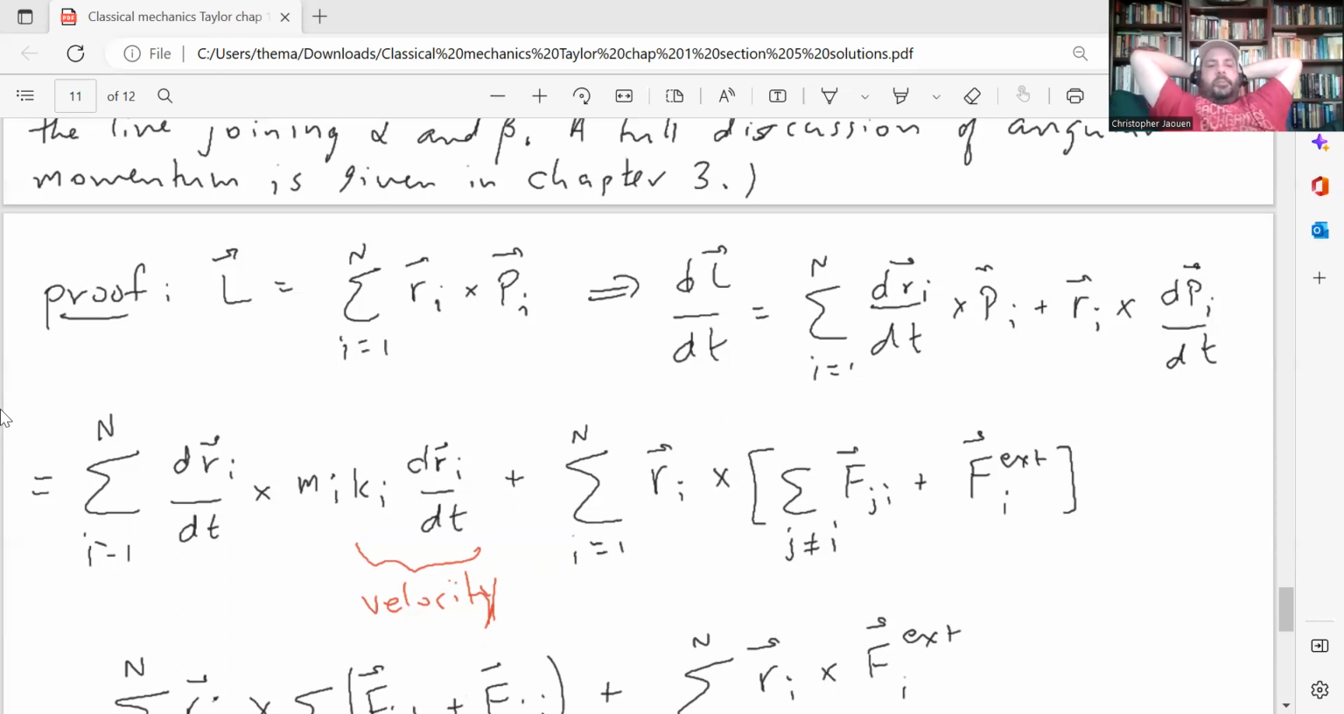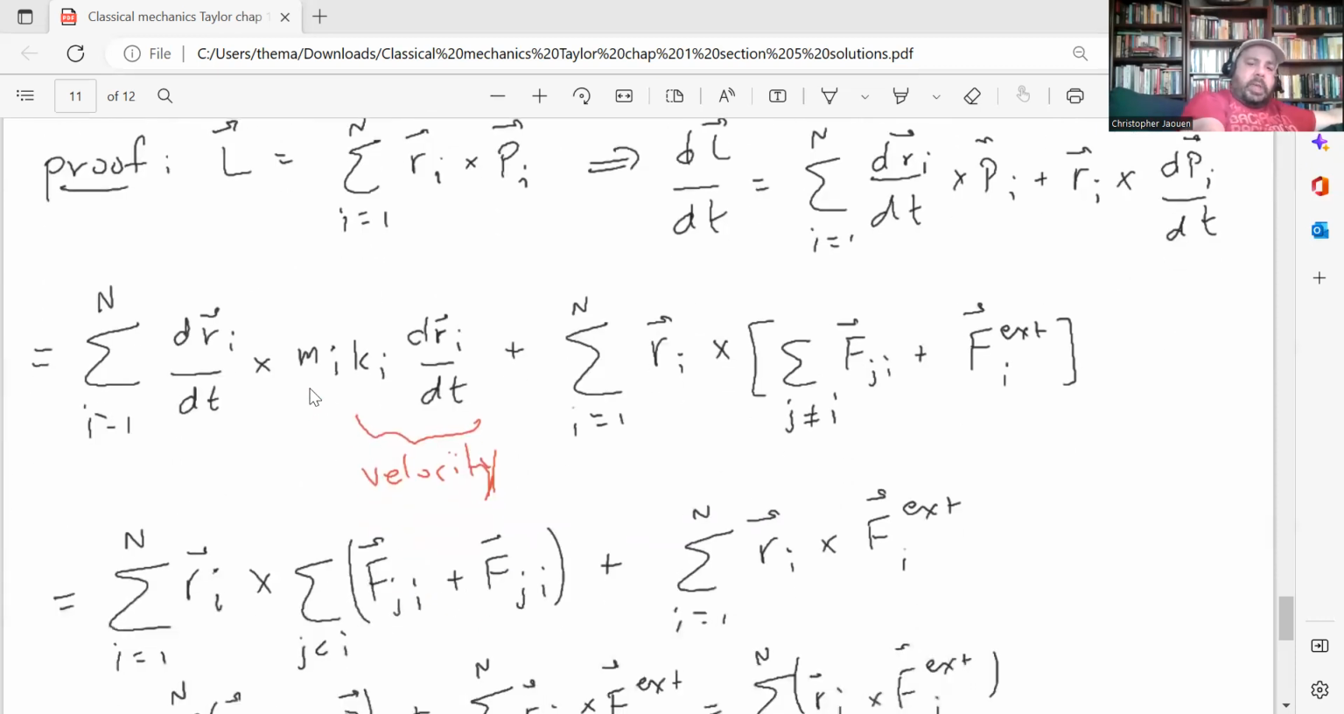So the derivative of the cross product Ri cross Pi is the time derivative of Ri cross product with Pi plus Ri cross product with the time derivative of Pi. And then I'm just simplifying some things here. So that's equal to the time derivative of Ri cross Mi times the time derivative of Ri. That's just from the definition of Pi, the momentum of particle i. It's the mass times the velocity. This part here is the velocity of that particle at